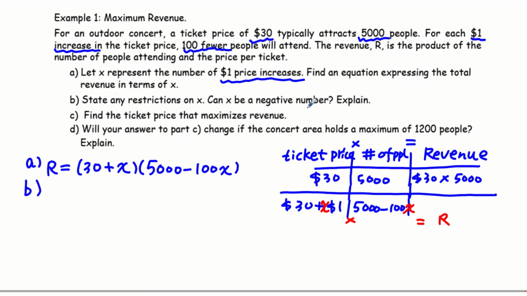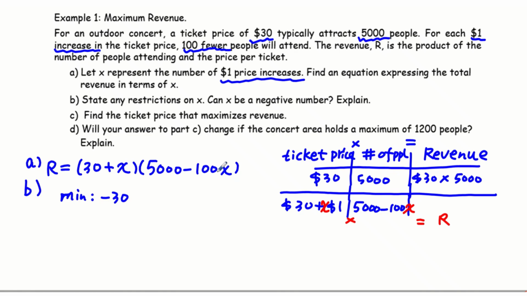Can X be a negative number? I think it will be, because you just reduce the price. So if X is negative, it will reduce the price. We don't want the ticket price to be negative, so the minimum for X will be a decrease of 30 times, and you have $0. So X needs to be greater than negative 30 for the X